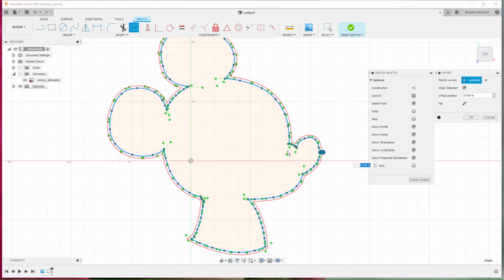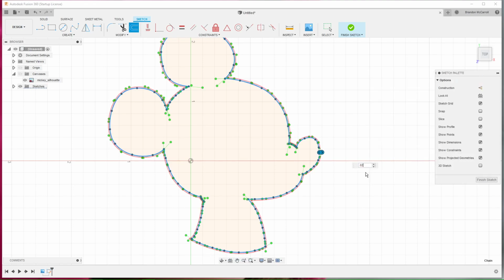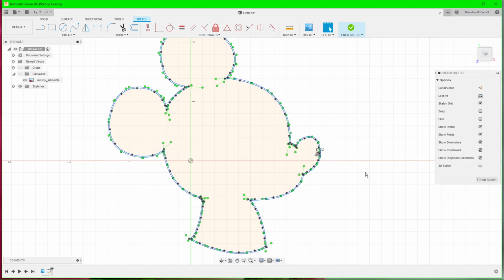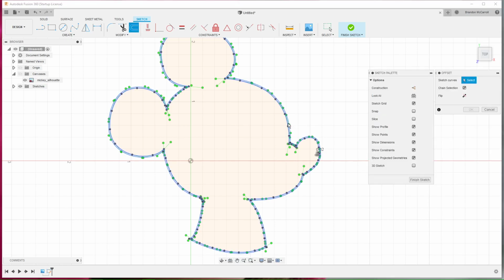Alright, now click on it and you can see this little red outline. Alright, this little box here. It's asking for the dimensions of our offset. Alright, now if you're using inches like me, for the cutting edge I like to do 0.02 for the cutting edge. Alright, we're going to hit enter, and then we hit O again. Make sure you select the innermost curve. Okay,